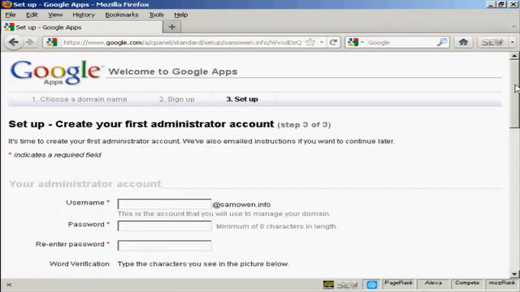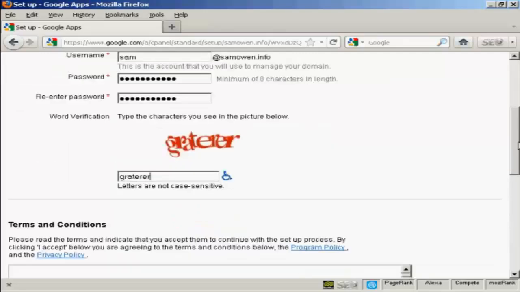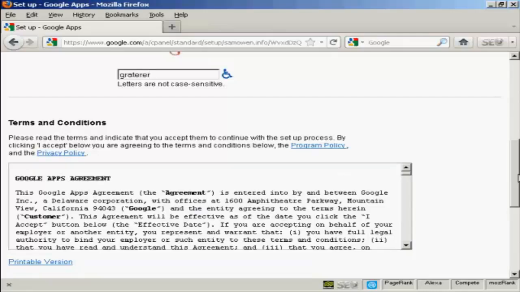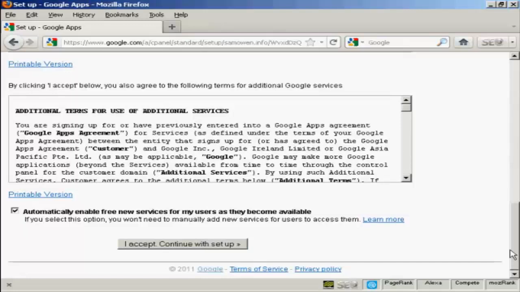And then we need to set up the first administrator account, so I'm going to enter a username, and I'm actually going to call this Sam at samowen.info, and we'll put in the password, and now I just need to complete the captcha. And then you have to read and agree to the terms and conditions and the additional terms for Google services, and it says automatically enable free new services for my users as they become available, and this is a good idea because it just automates everything. And then click on I accept and continue with setup,